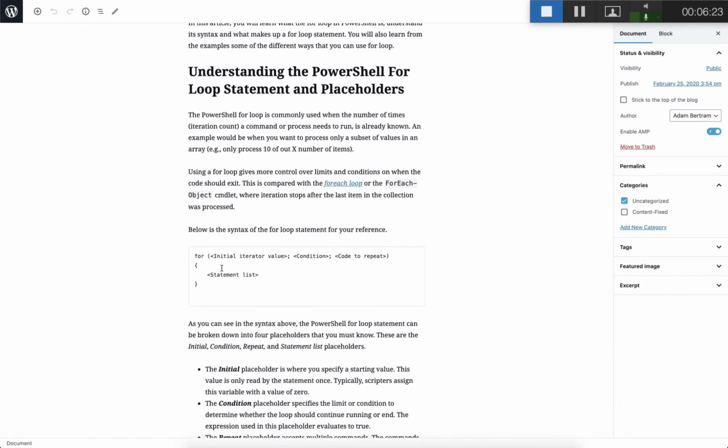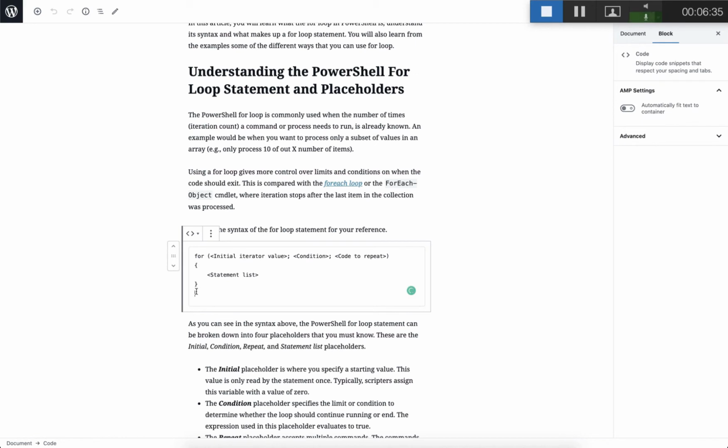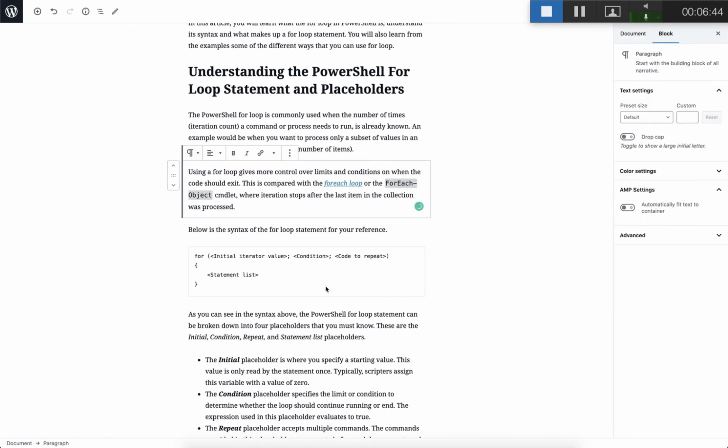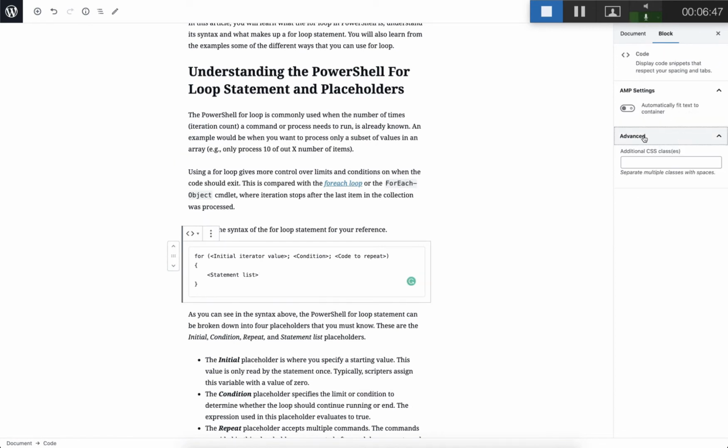So this is code. You'll see a box, and it's formatted a little bit differently. This is a code snippet. There's a few things you need to do here. When you see a code snippet like this, first of all, there might be a blank line under each of the code snippets. Always remove the blank line. Next, click on the code, and then go over to Advanced along the right-hand side. Then you see Additional CSS Classes. And here you would put in language